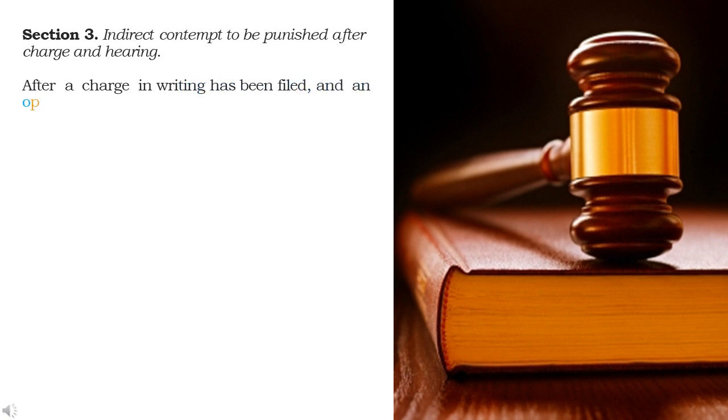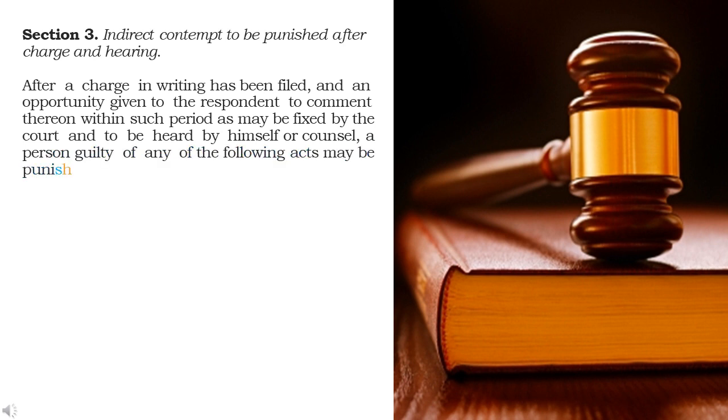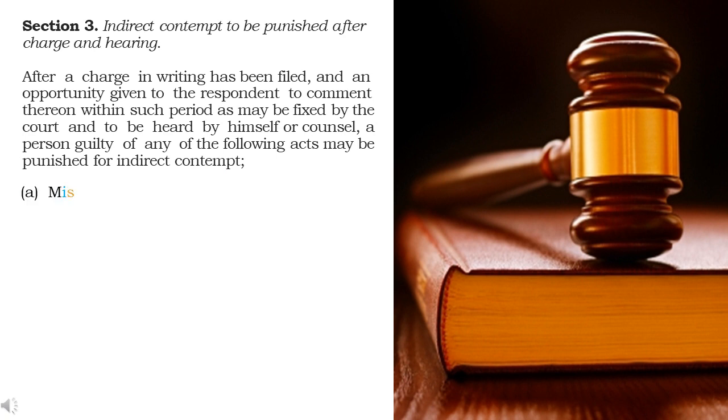Section 3. Indirect contempt to be punished after charge and hearing. After a charge in writing has been filed, and an opportunity given to the respondent to comment thereon within such period as may be fixed by the court and to be heard by himself or counsel, a person guilty of any of the following acts may be punished for indirect contempt: misbehavior as officer of court, disobedience or resistance to